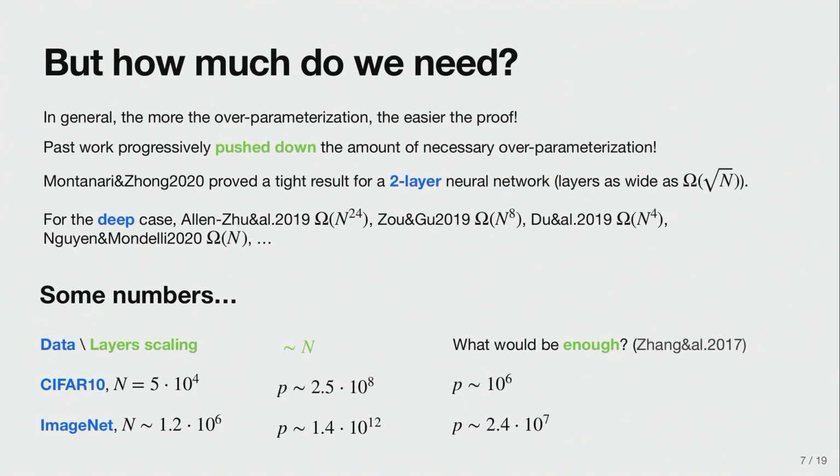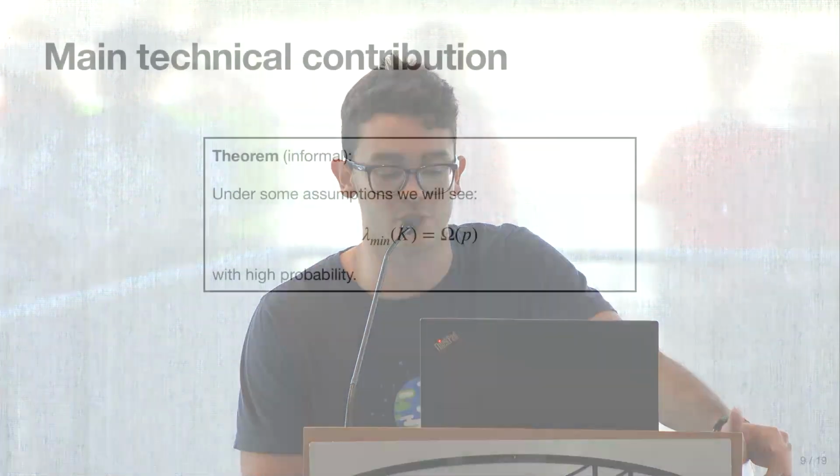So it's clear that quadratic is more than we need, and we would want to achieve results in the minimal overparameterization settings, which is what we're doing. So this becomes the last open question: is the NTK well conditioned for a deep network with minimal possible overparameterization? And I hope I gave you a sense of why this question is very important. And the main technical contribution is, yes, under some assumptions, we can prove this. And the smallest eigenvalue scales as the number of parameters. So it's pretty large and well separates itself from 0.